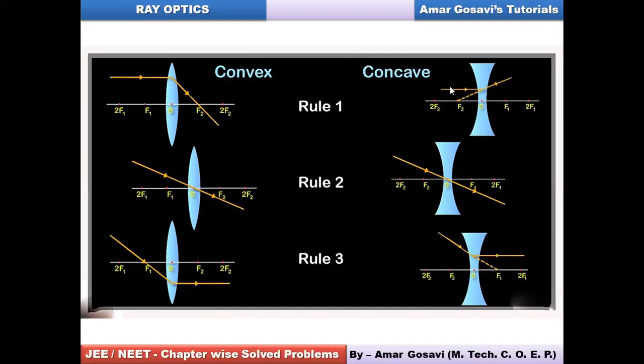Now, when it comes to concave lenses, let's understand the situation over here. The first ray which we have to consider for image formation is a ray which will move parallel to the principal axis, and it will get refracted, obviously. So you have to extend it backwards. It will appear to move from the focus like this. So this is the first ray, friends.